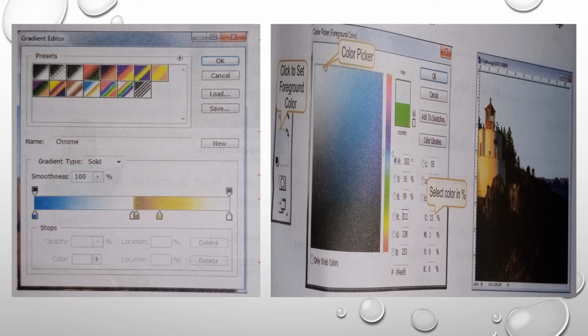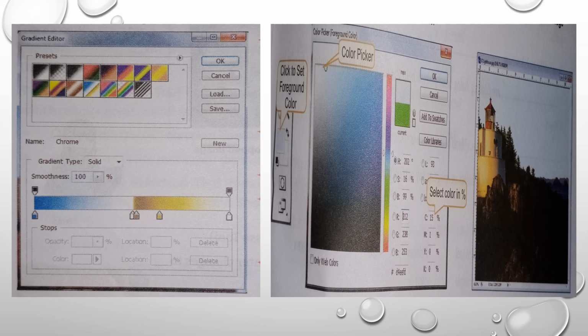Now the paint bucket tool. It is used to fill the image or part of it with different colors based on the tolerance of the range of colors. Open an image with the help of the magic wand tool. Select the image area with the tolerance setting of 90. Select the paint bucket tool from the tool palette and set the tolerance to 100 to paint the whole selection. Click on the foreground color option.